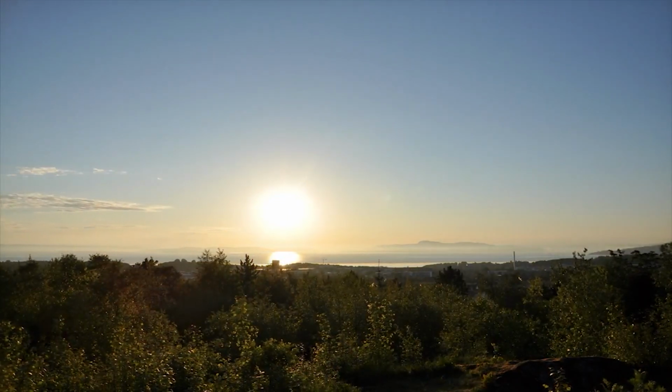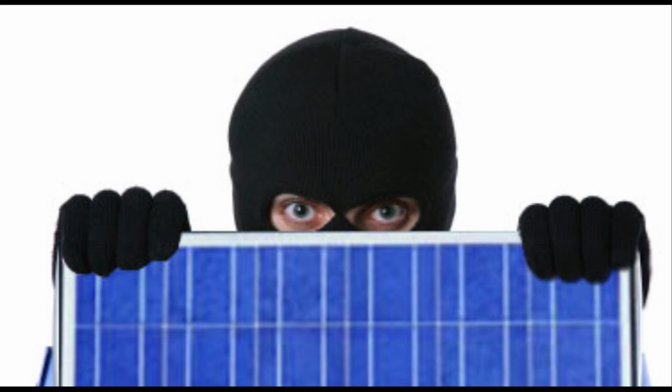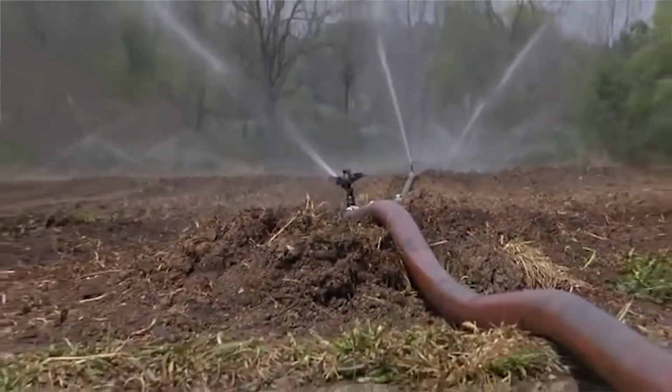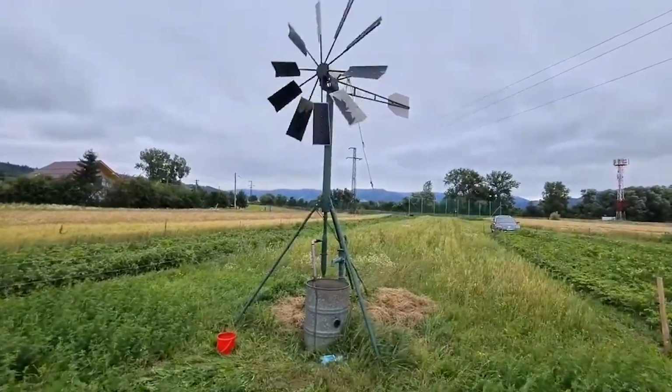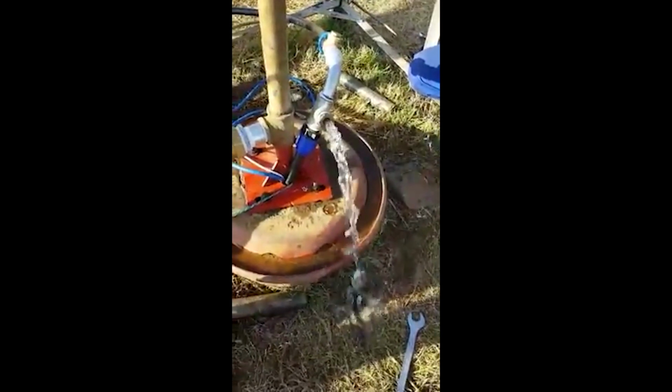Their only drawbacks: in South Africa, they're still quite expensive to implement and they are very susceptible to theft. A typical farmer in the northwest who has a 170-watt solar pump for small-scale irrigation is fed up with his solar panels getting stolen. He desires to rather implement a low-cost wind turbine to generate direct current to power his